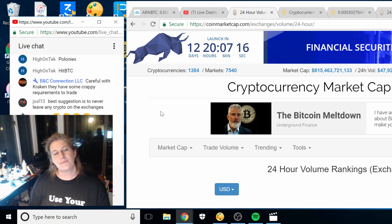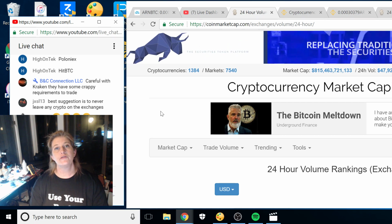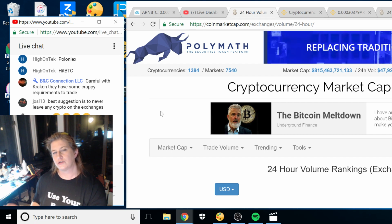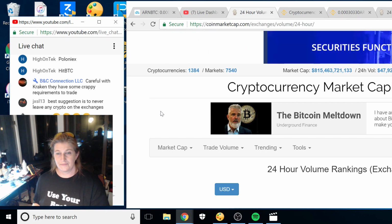So you want to separately create a wallet. Once you exchange, then move your coins to a wallet for your long-term storage. This is for investors. When you want to invest, I highly recommend investing instead of trading. All right, so